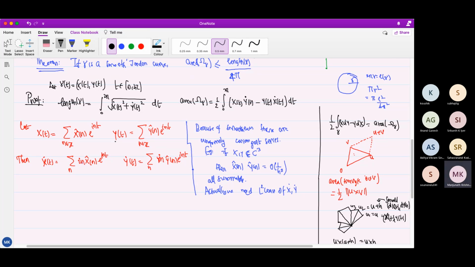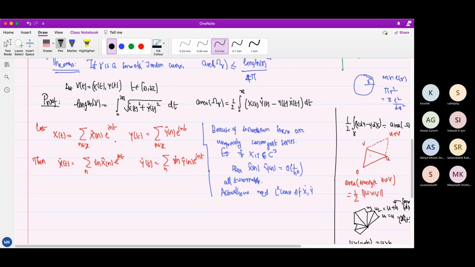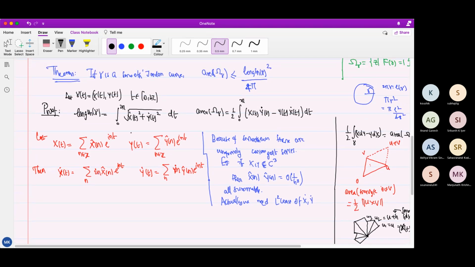Or don't you do the conjugate kind of things? Can you do that? No, but there is a square root, so I'm wondering, if it was a square, then I would be okay, right? So I want to write it in terms of the Fourier coefficients, right? Yeah. So I'm just thinking how I do this.